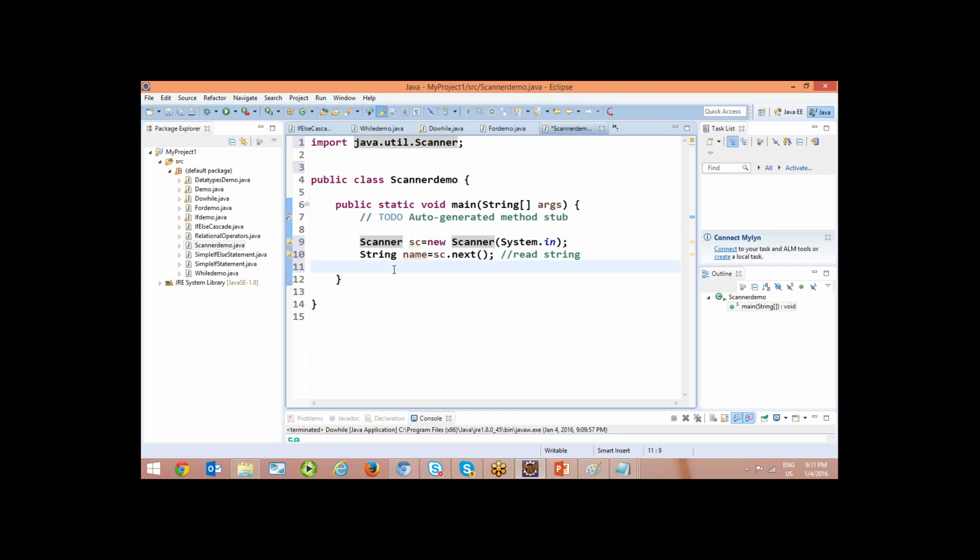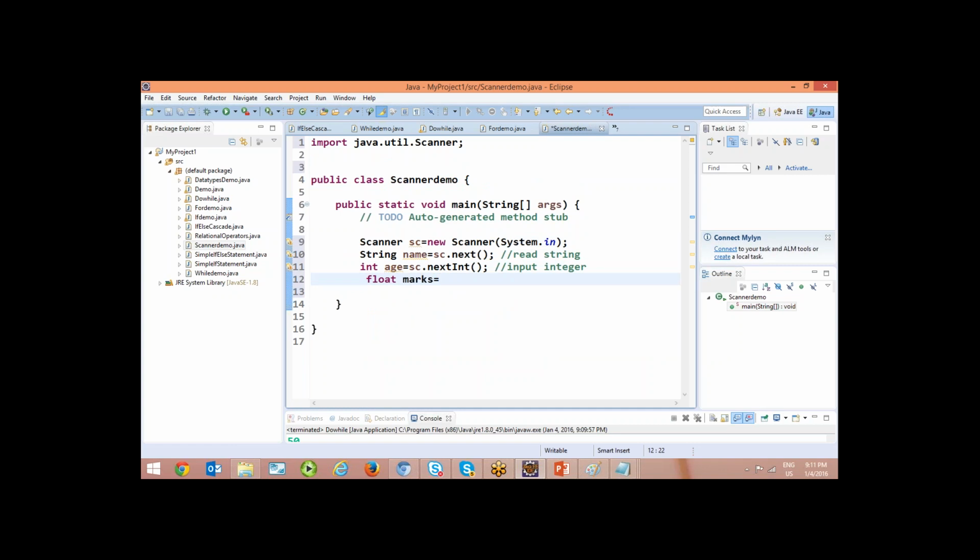Now you wanted to read your age. sc dot next int. Right? The object is the same, sc only, but the function is going to change. If you give next, it reads a string. If you give next int, it reads or inputs an integer. In the same way, you wanted to read marks.